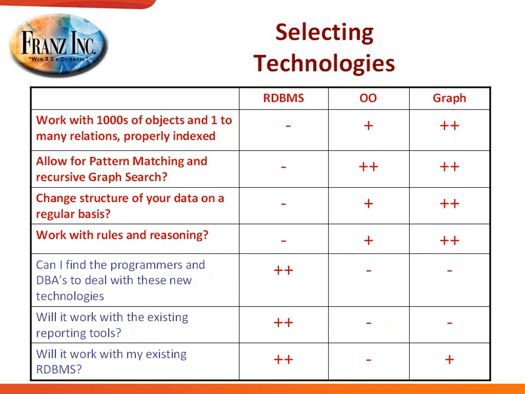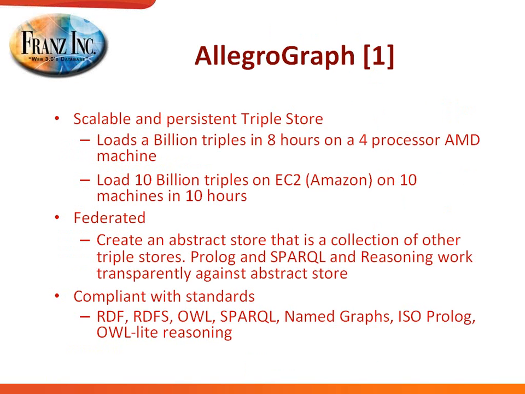Okay, so up to here it was slightly impartial. Now we're going to the more partial part, and we'll talk about our own triple store. The triple store that we provide is called AllegroGraph. It's a scalable and persistent triple store, so not something that's in memory, but really stored on disk. We load right now the fastest in the industry. We load 1 billion triples in 8 hours on a 4-processor AMD machine, and we also can work on the cloud, where we have loaded now up to 10 billion triples on EC2,